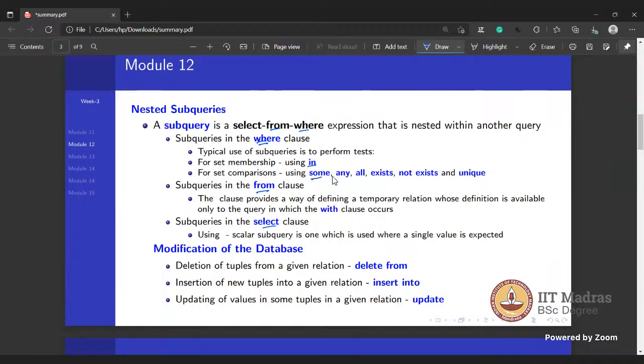We can also use some, any, all, exists, not exists, and unique. Then we saw some DML commands, modification of the database, like how to delete particular tuples, how to insert data using the insert command, and how to update the values using update commands.